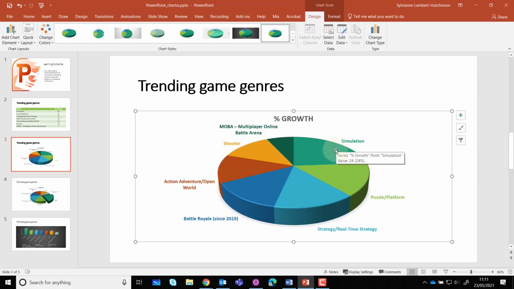Now, the biggest slice I've got here, as I'm hovering over it, you can see it says that's 24%. The first thing I'd like to do is make sure that all of these slices have got the values next to them. Now we've got a lot of control and it will take some fiddling to get this right,